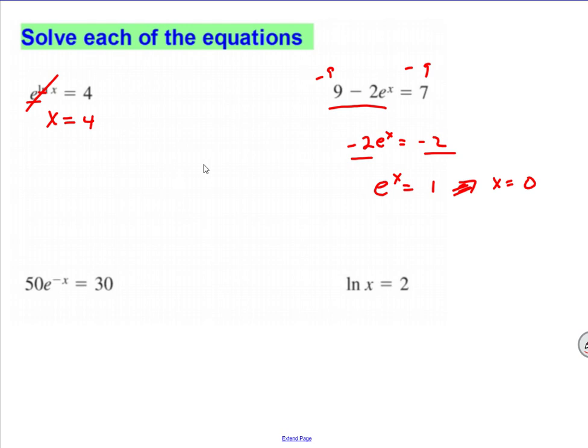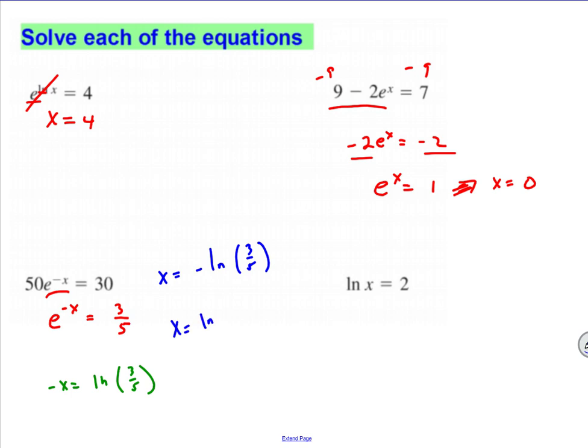Again, how do you solve an equation for e to a power? You isolate e to the power. I'm going to divide both sides by 50, and I'm going to reduce it if that's okay with you. I'm going to take an ln of both sides and get -x equals the ln of 3/5. And all of that gives me x equals either -ln of 3/5 or the ln of